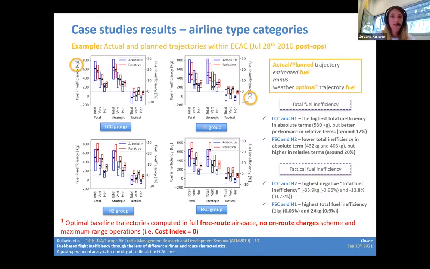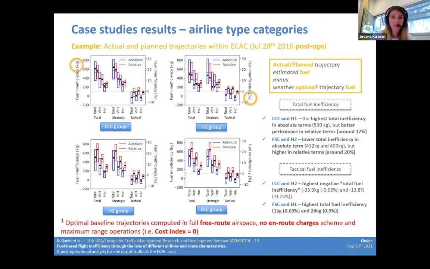As you can see, in terms of total fuel efficiency, the airlines within low-cost carriers and H1 carriers have the highest total inefficiency in absolute terms, around 530 kilos, but better performance in relative terms, accounting for around 17%. On the other hand, the carriers from full service carrier group and H2, they have a lower total